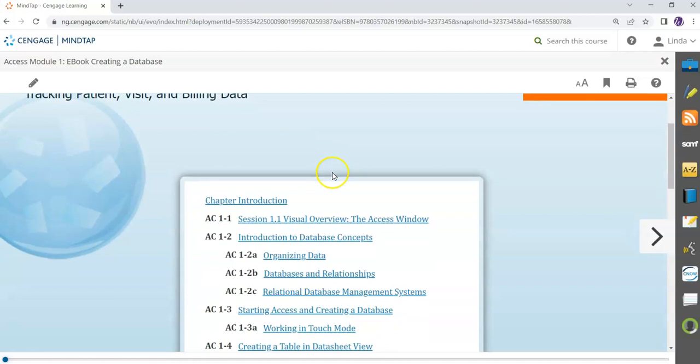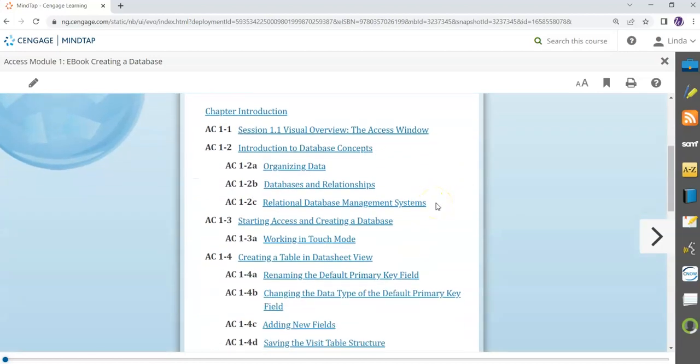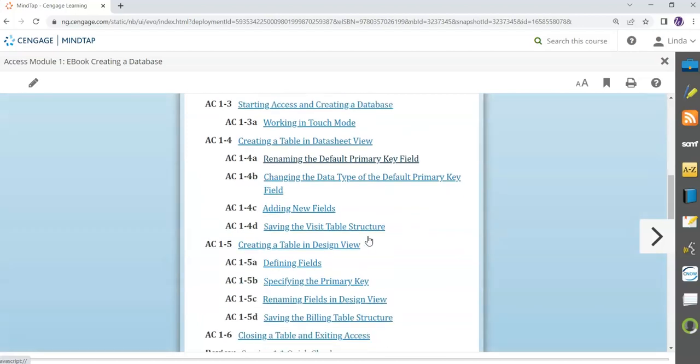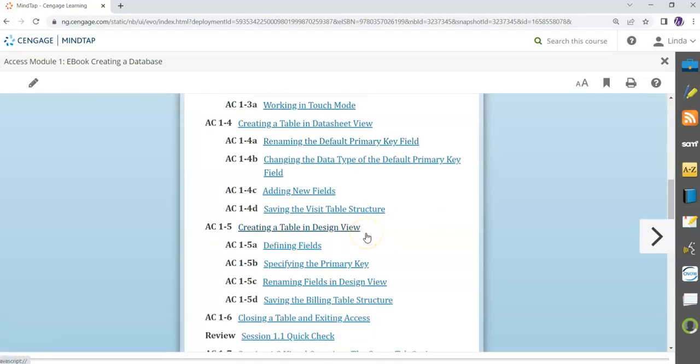This module has 2 different sessions. So as we look through the table of contents, we do have session number 1 in here, where we're really going to understand what is Microsoft Access and how it relates to our relational database. Yes, so in chapter number 1, we were learning about databases, and now we're going to apply it in our first software. And this software, and I know you might argue with me, but it really is easy to use,